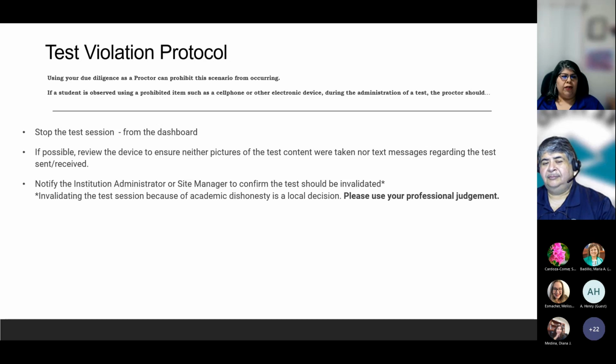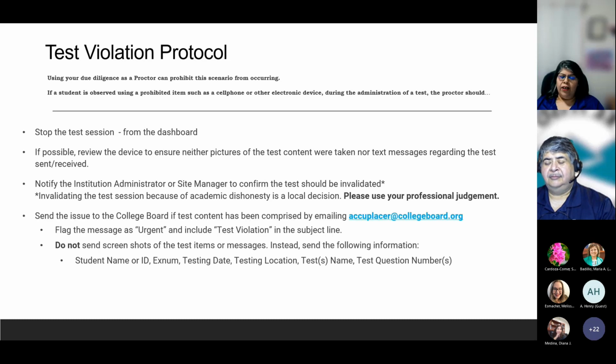Notify the institutional administrator or site manager to confirm if the test should be invalidated. Invalidating the test session because of academic dishonesty is a local decision. Please use your professional judgment. Once you invalidate the test session, you cannot go back and open the test again. Okay? If you do need to invalidate it, you would need to send the issues to the College Board if